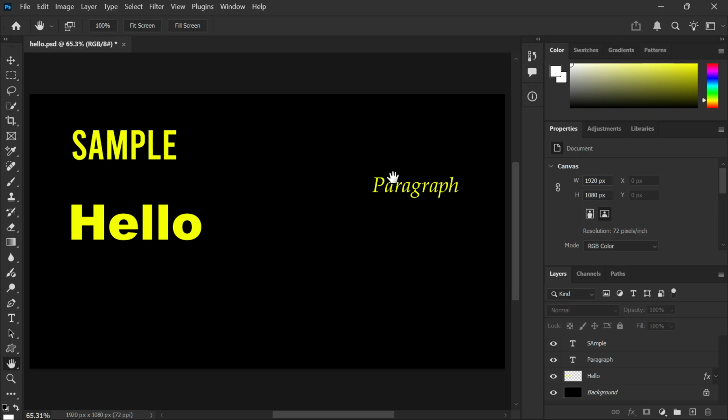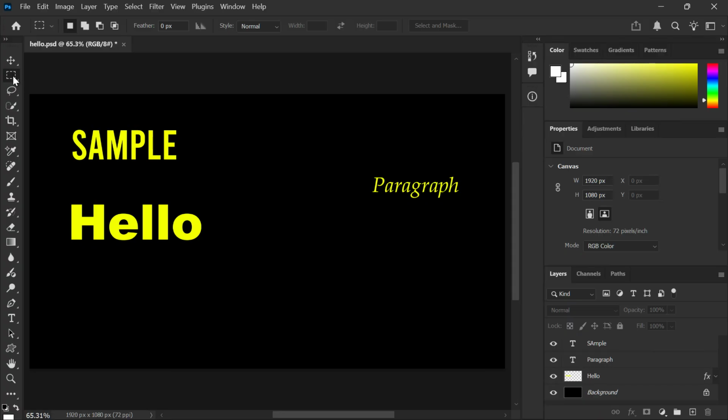Alright, let's jump right in. First, open Adobe Photoshop and load the image that contains the text you want to identify. This could be a screenshot, a photo of a sign, a logo you found online, or any graphic that includes readable text. The clearer the text is in the image, the better Photoshop will be able to analyze it and find a matching font. Once your image is open in Photoshop, go to the toolbar on the left side and